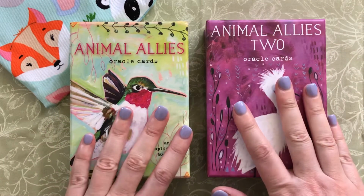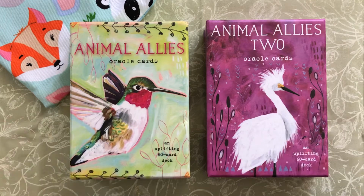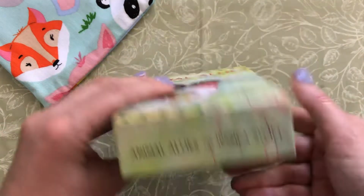So what I thought I'd do is actually do a walkthrough of each of the decks so you can see the range of animals that they encompass and hopefully agree that this is one awesome deck. So these are both by Jessica Swift,